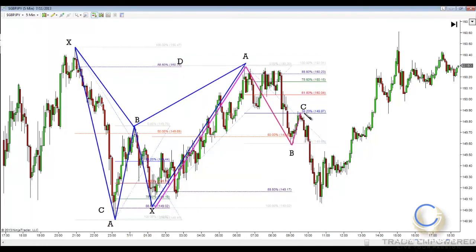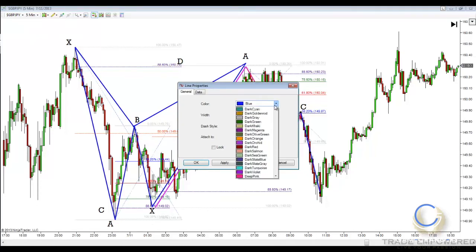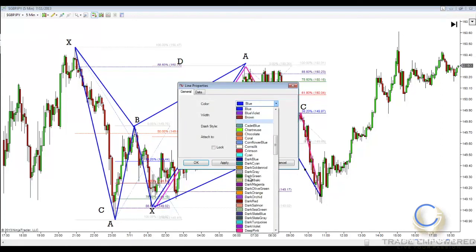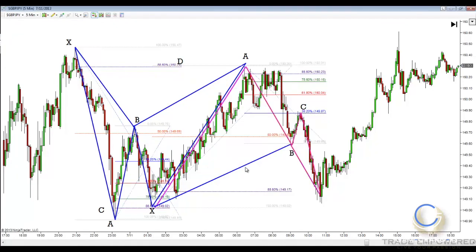And then our D completion, as always, we're looking at price action to come down to the 886, taken from our X to our A leg. And you can see, bada boom, bada bing. As soon as I get these colors on,